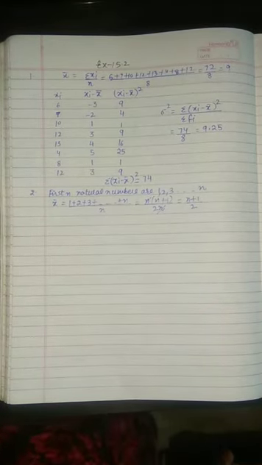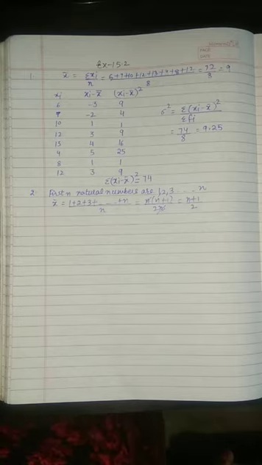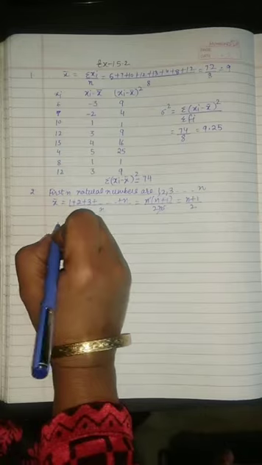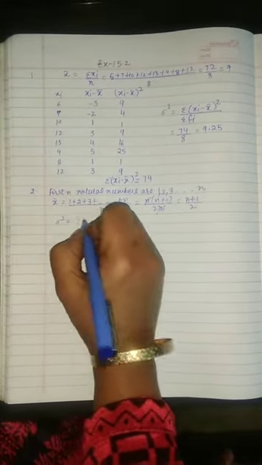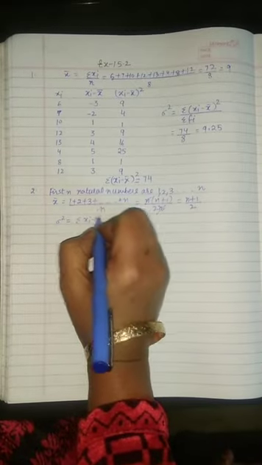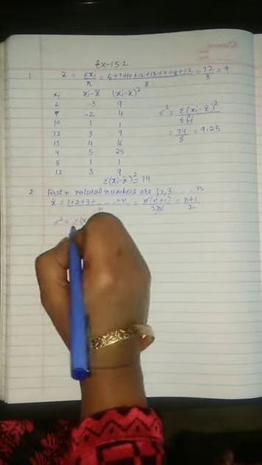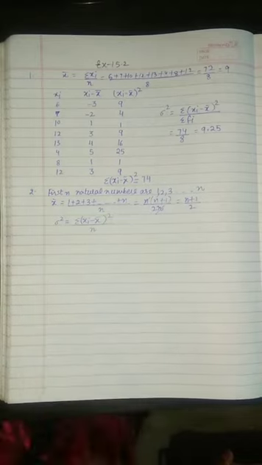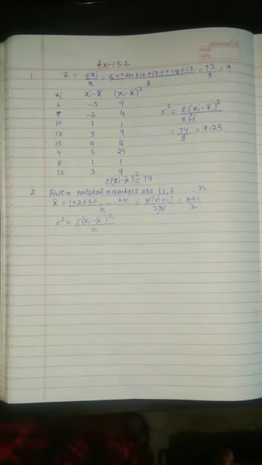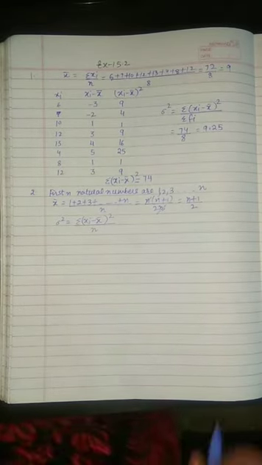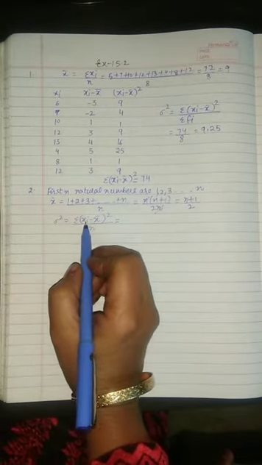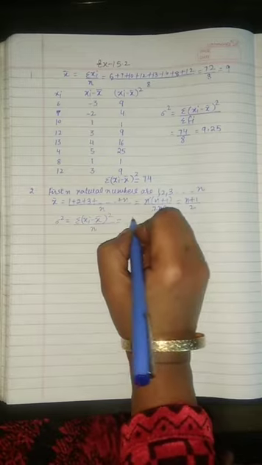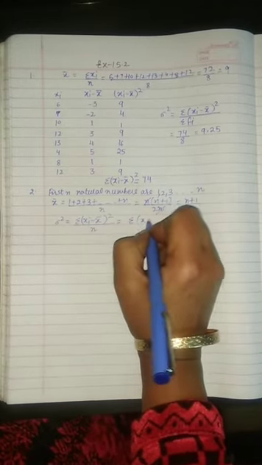Now we have to find the variance of the given data. So sigma square, we know the formula for finding variance is equal to sigma (xi minus x bar) whole square upon n, meaning the total number of terms. Now what we will do here is expand this whole square, that is (a minus b) whole square. So it will be sigma xi square